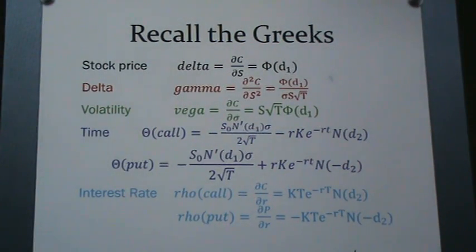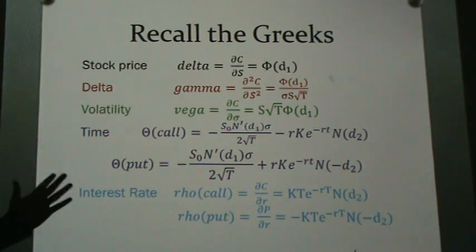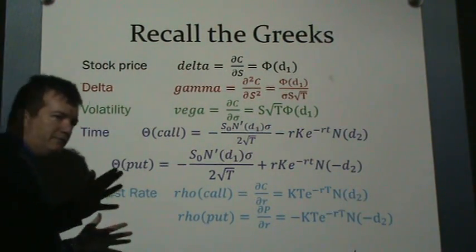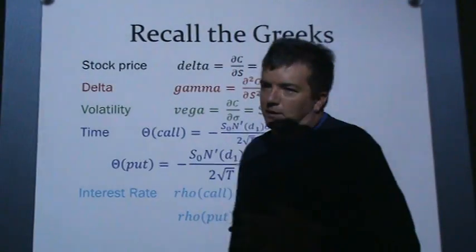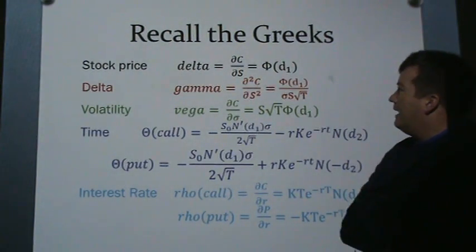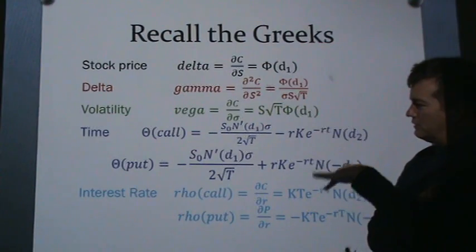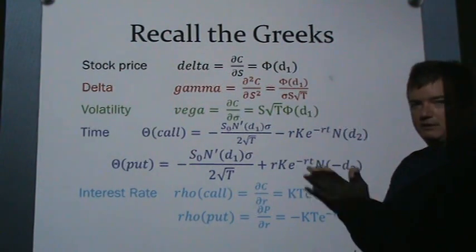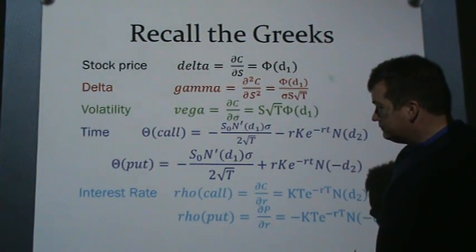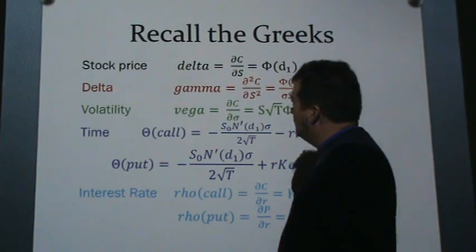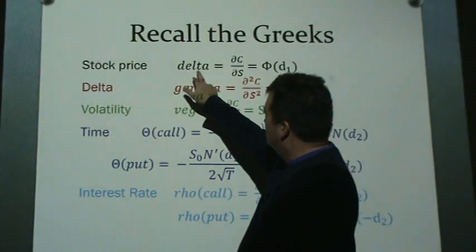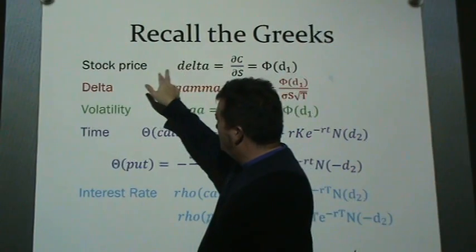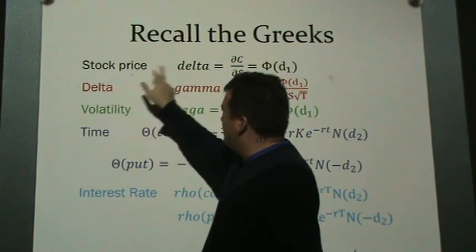So it'd be kind of like taking a partial derivative with respect to one of the input variables and assuming all the other input variables remain constant. That's the way partial derivatives work. And then saying, what's the slope with respect to that angle? Okay, so the change in the call price with respect to the stock price was considered